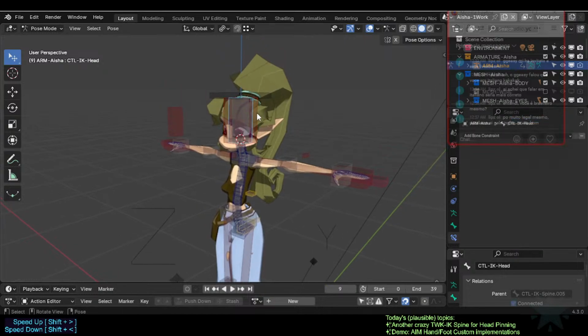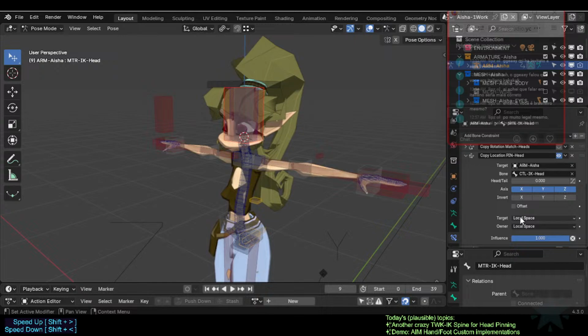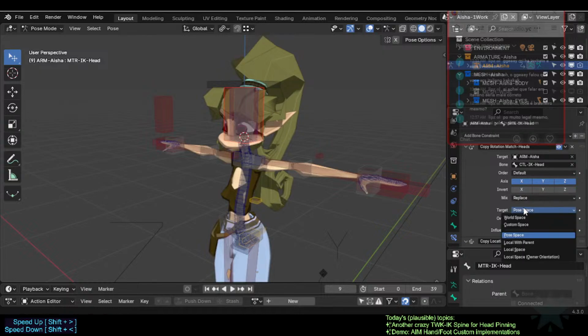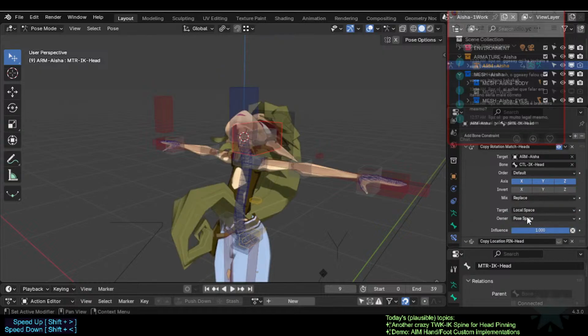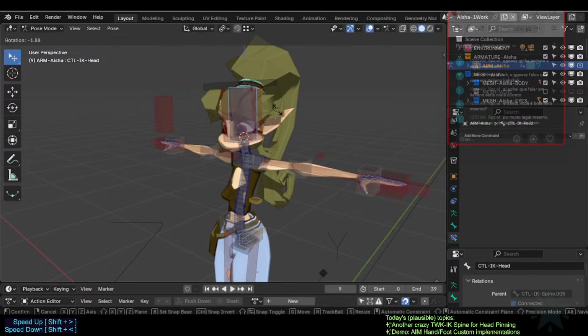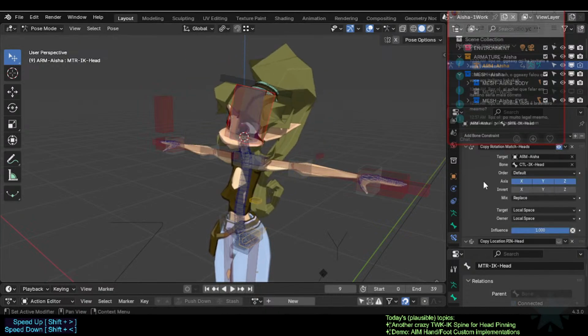Turn this off. Right, let's try here. Okay, it's not. No, this is copy location, wrong. Copy rotation and local space, right? Which doesn't work,